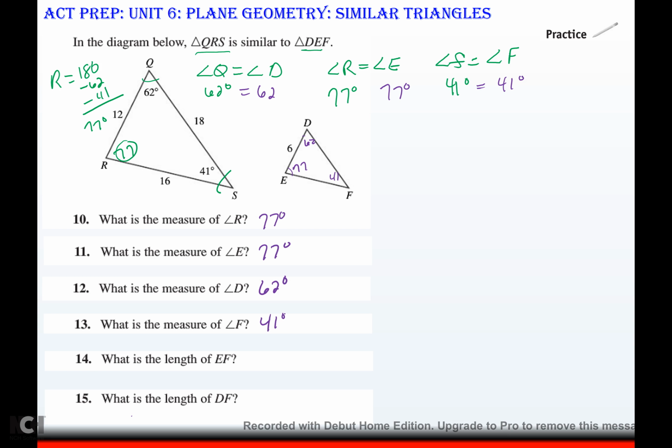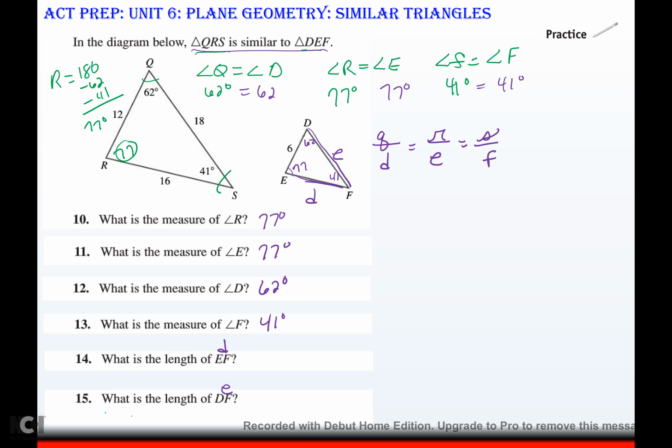41 degrees. Alright, and now they're going to want the two missing sides, EF, which would be little d, so they're looking for little d, and DF, which would be little e, so they're looking for little e. Alright, and because of this statement, I know that little q corresponds to little d, little r is proportional to little e, and little s is proportional to little f. So if I plug in what I know